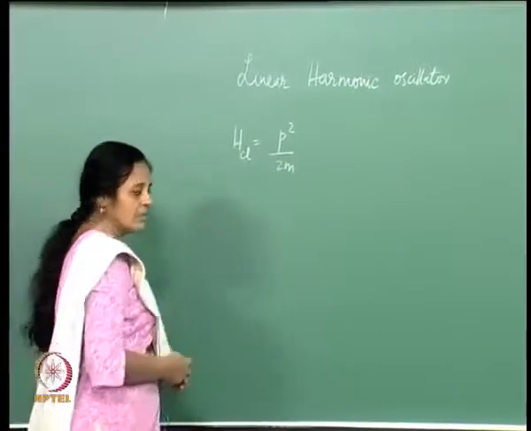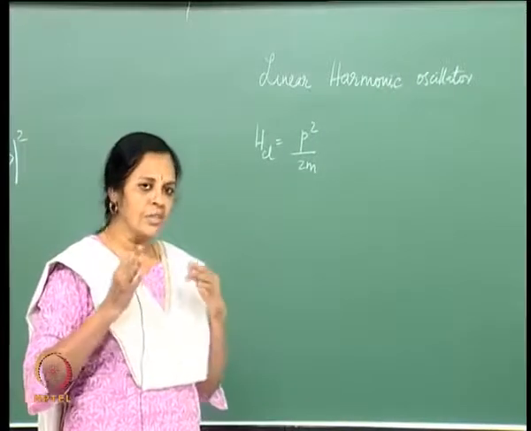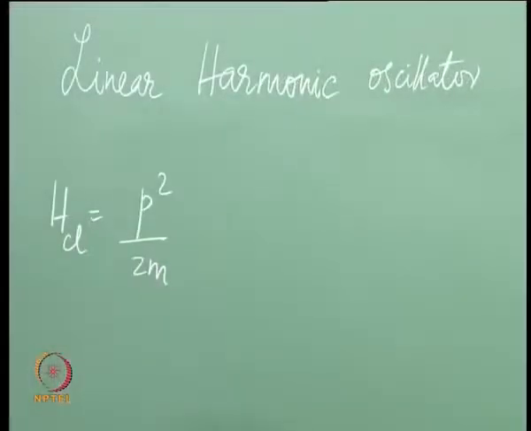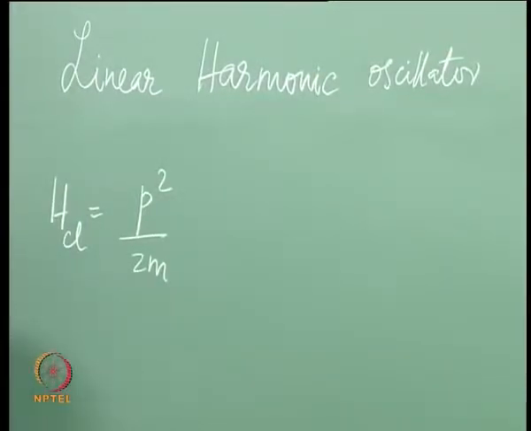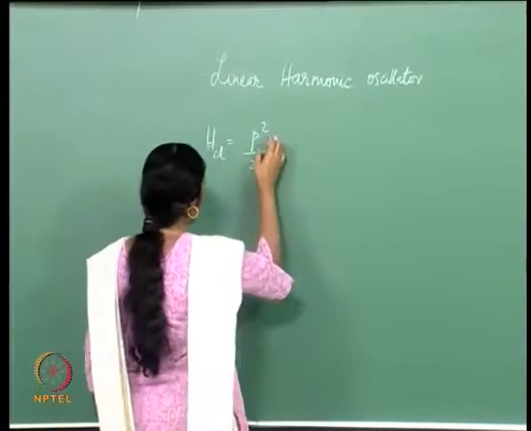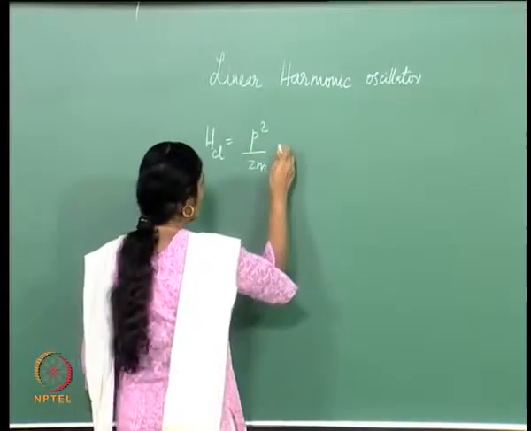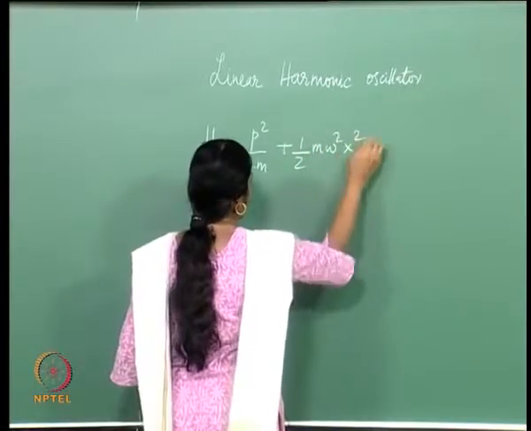By P, I mean the linear momentum corresponding to the variable x. So the generalized coordinate is x, the generalized momentum is P. Of course, x would be a function of time and so would P be, but right now we are not discussing dynamics at all. So I have this oscillator with P squared by 2m plus half m omega squared x squared as the Hamiltonian,